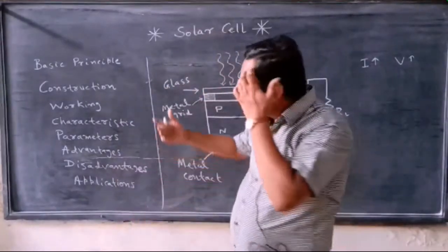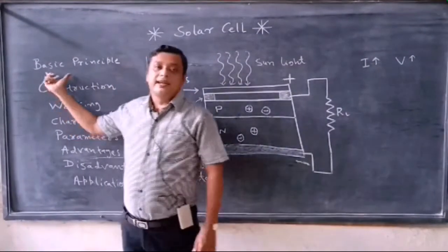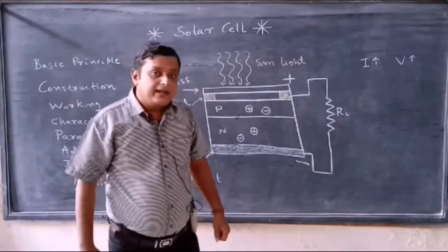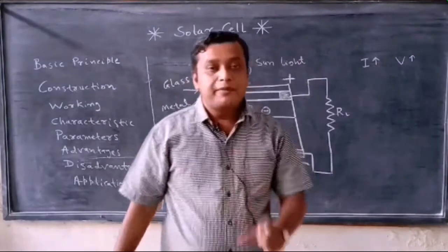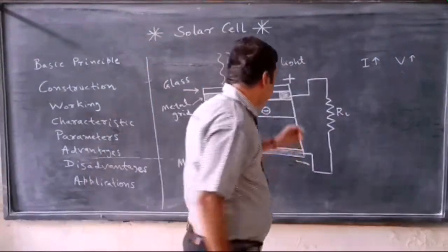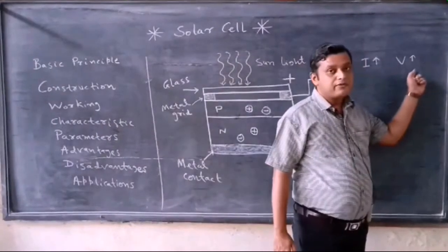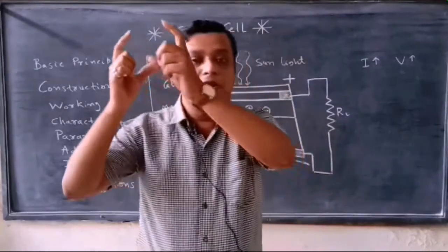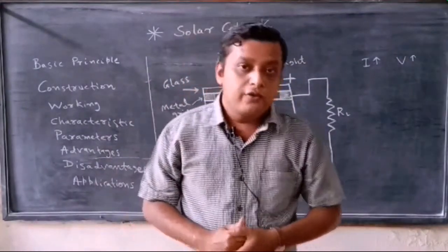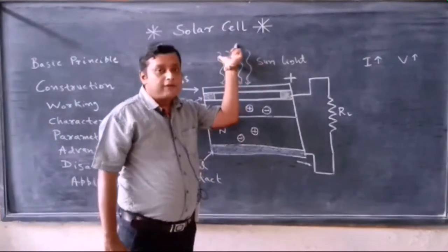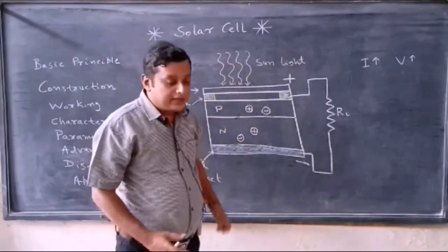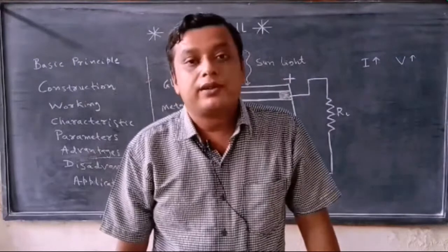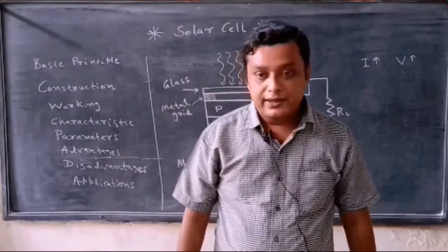And the basic principle of the solar cell is to convert the light energy, the solar energy, into electrical energy. In particular, as an electrical parameter, we are able to achieve a potential difference, a voltage, whenever light or photons fall onto the solar cell. So this is known as a photovoltaic cell or solar cell. This is also one type of transducer, able to convert light energy to electrical energy.